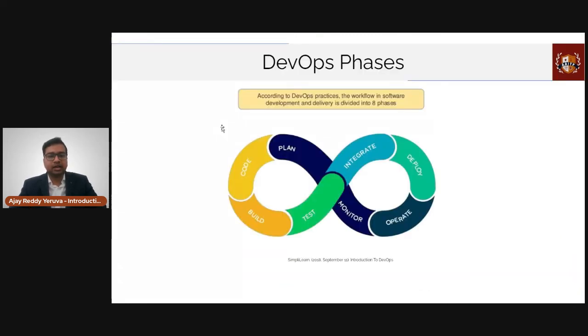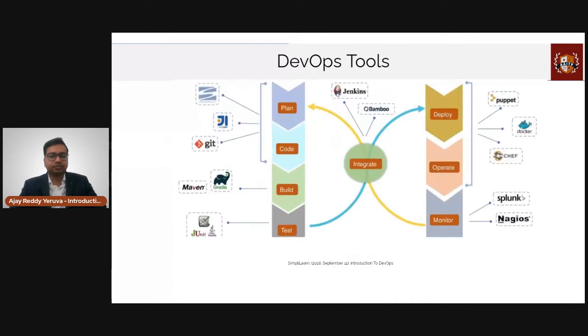DevOps phases. According to DevOps practices, the workflow in software development and delivery is divided into 8 phases: planning, coding, building, testing, integrating, deploying, operating, and monitoring. So DevOps tools, the common DevOps tools that are used to implement the DevOps process are